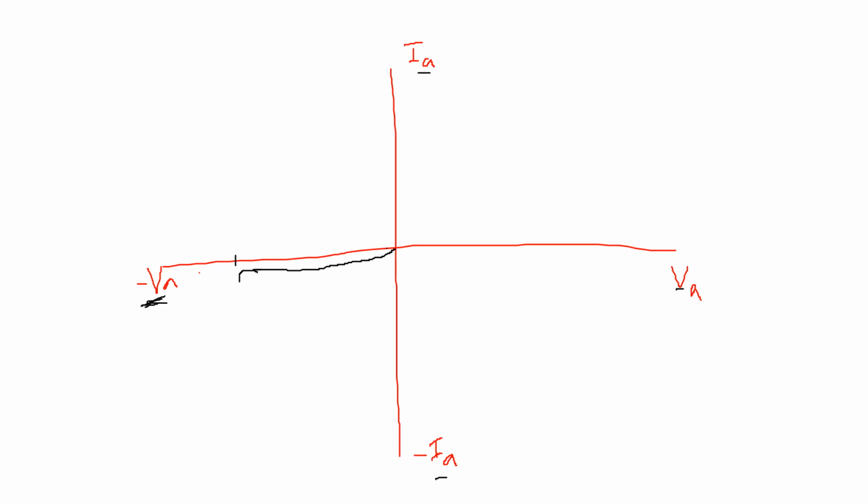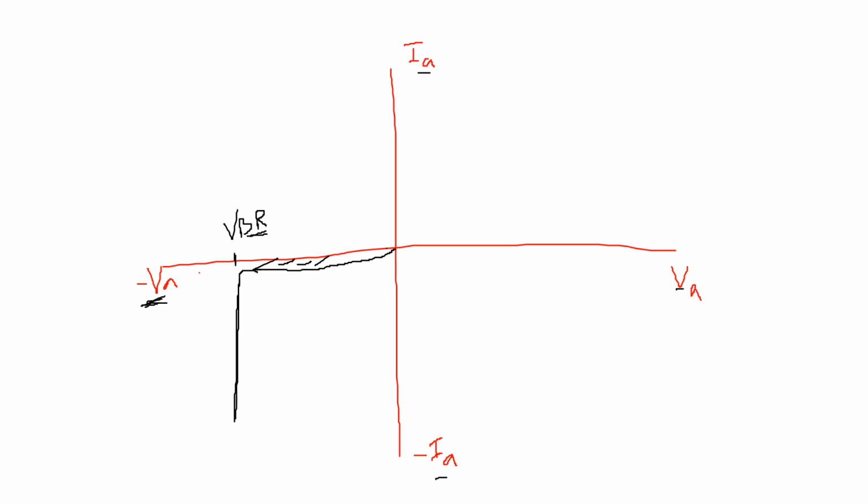If we further increase this voltage, at a particular voltage this current suddenly increases. That voltage is called the reverse breakdown voltage, VBR. Up to this voltage we get a very small amount of reverse leakage current. After reaching the reverse breakdown voltage, the current suddenly increases. This is the first case.